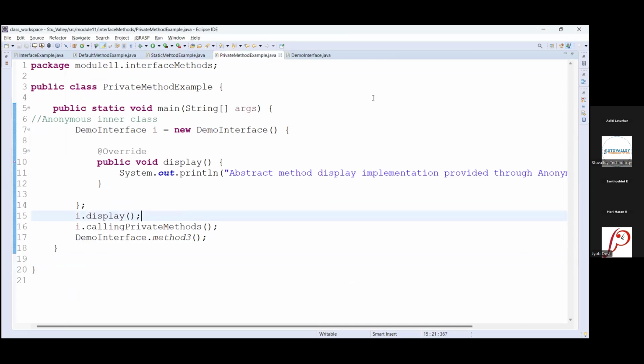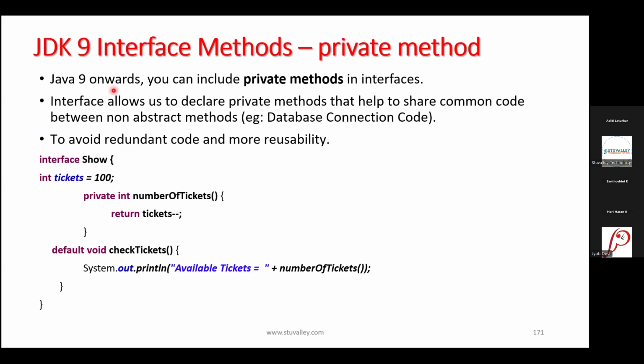Okay, clear? Any doubts, anyone? To execute the private methods, you need JDK 9 version or above. If you don't have JDK 9 or above, this will not work.